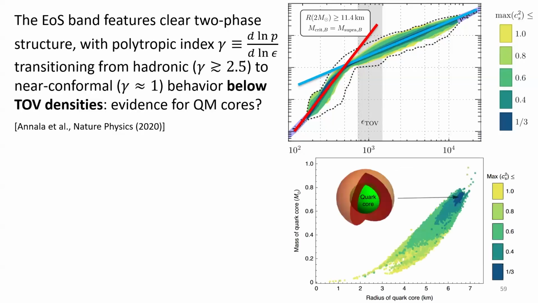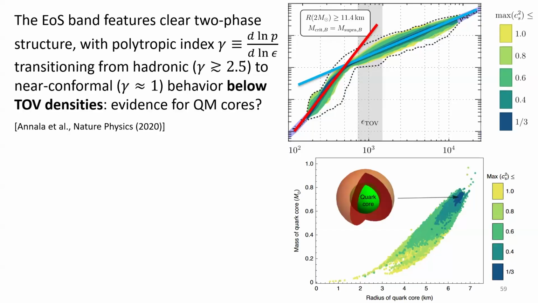So this basically prompted us to speculate that maybe we can somehow associate this change in the so-called polytropic index of the equation of state with a deconfinement transition, and then we came up with a criterion based on the values of this gamma. We basically said that if gamma is below 1.75, the system is near conformal,